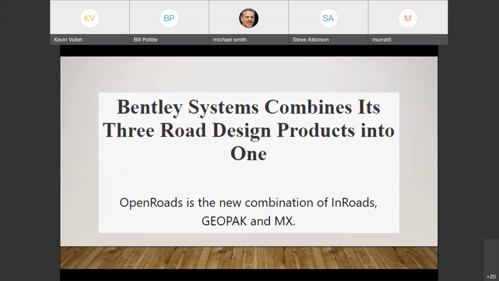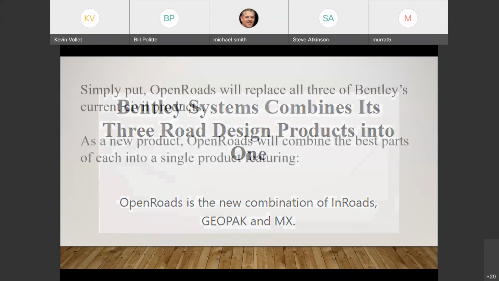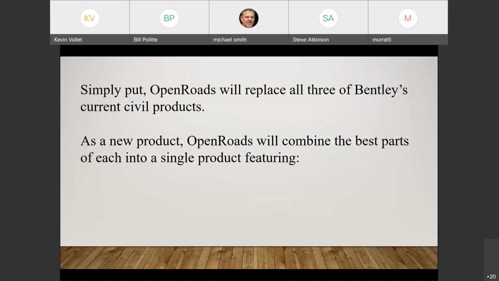It's just Open Roads Designer from then on. Simply put, they're replacing all 3 of their current civil products. And as the new product, Open Roads will combine the best of each of those individual civil products into one